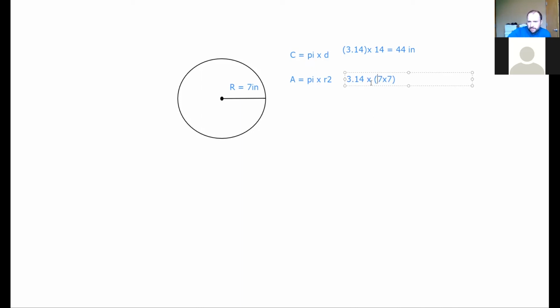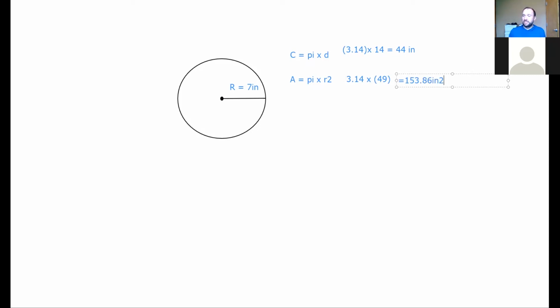All right, so 7 times 7 is 49. Make sure we do that first, right? If we remember our PEMDAS or order of operations, we always square things before we multiply them. So 7 squared is 49. There. And 3.14 times 49 is 153.86